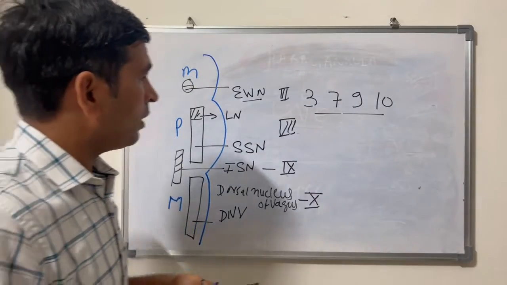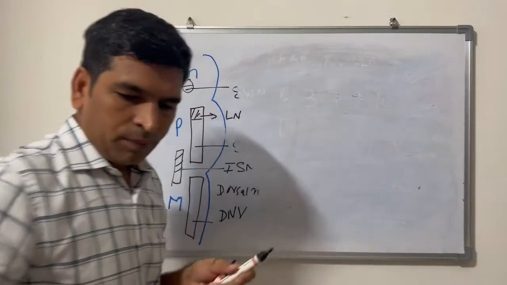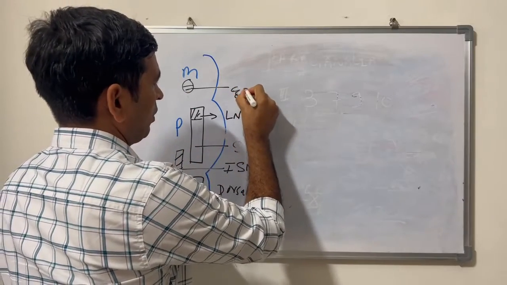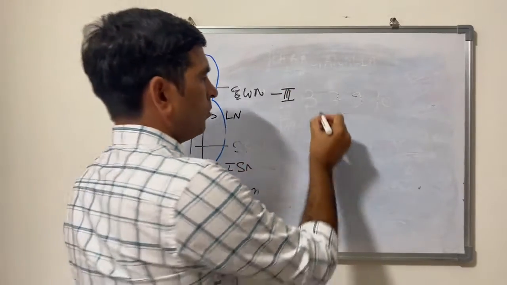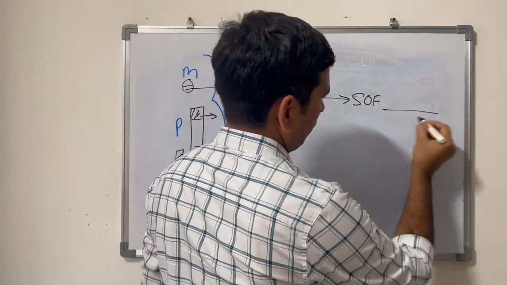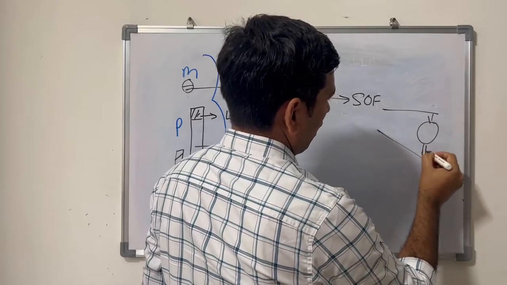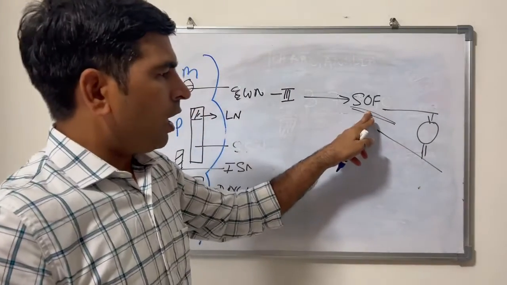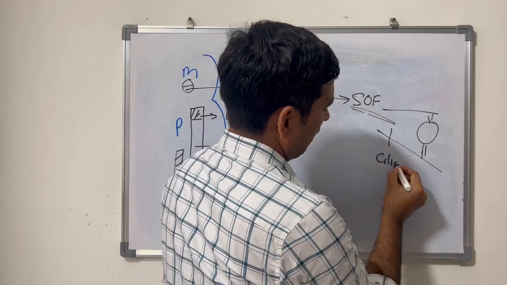Now I will tell you the course. The first nucleus is the Edinger-Westphal nucleus. Through the third nerve, it goes into the superior orbital fissure. Here in the orbit, it goes as the oculomotor nerve. One ganglion situated in this orbit is the ciliary ganglion,